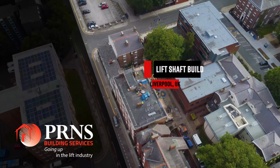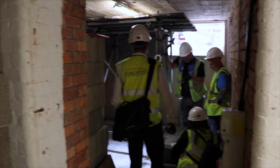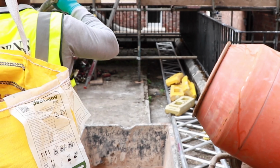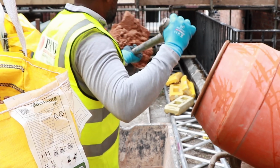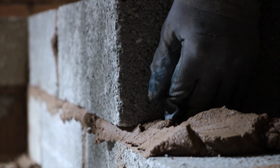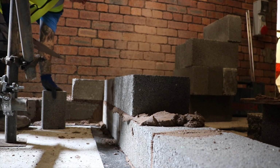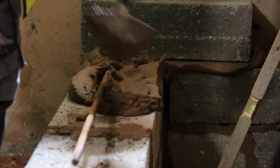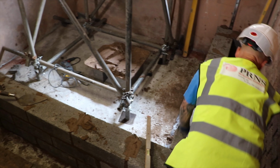PRNS Building Services have recently completed a project at the Sir Alistair Pilkington building in Liverpool city centre, constructing a lift shaft to a given specification. We arrived on site and carried out the detailed lift pit excavation setup, involving visits from building control and our structural engineer. The setup process is in place to allow PRNS to form the new concrete pit within the basement